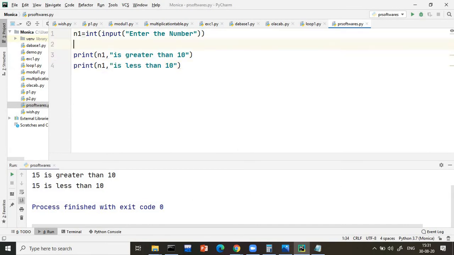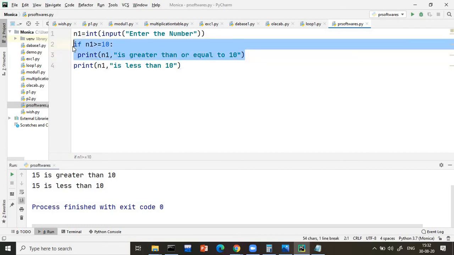Let us say I am writing here if n1 greater than or equal to 10. It means the n1 value should be either greater than 10 or equal to 10. I will print here "n1 is greater than or equal to 10".